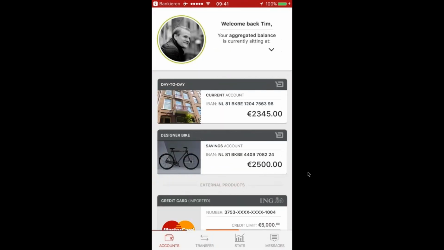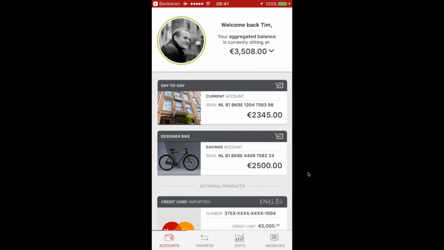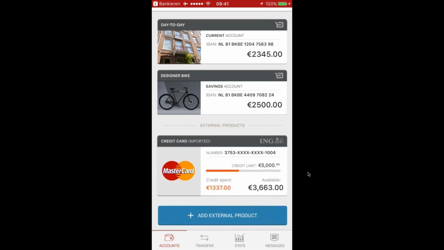Going back to my home screen, we now have access to an aggregated overview of all of my current financial products. Now, what is interesting from this step onward is the fact that we have this aggregation in place. We have insight into all of the information from the customer, including the aggregated account from an external bank. So why not use this information through AI, through whatever type of mechanisms that you want to have in place, to have relevant offers and relevant advices. In this case, the credit card is actually in debt.